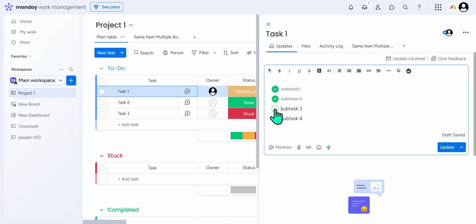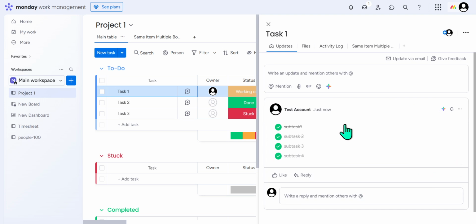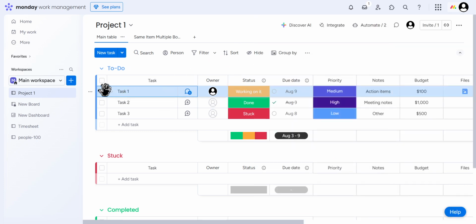Moreover, Monday.com gives you the flexibility to treat items on a board as a checklist through the use of statuses. This approach allows you to set statuses on each item, like done or not done, and then organize them into groups accordingly. This method is particularly useful when you want to quickly assess which tasks have been completed and which